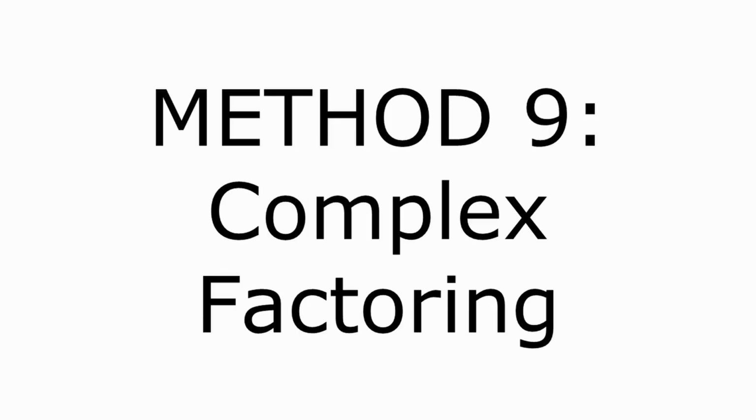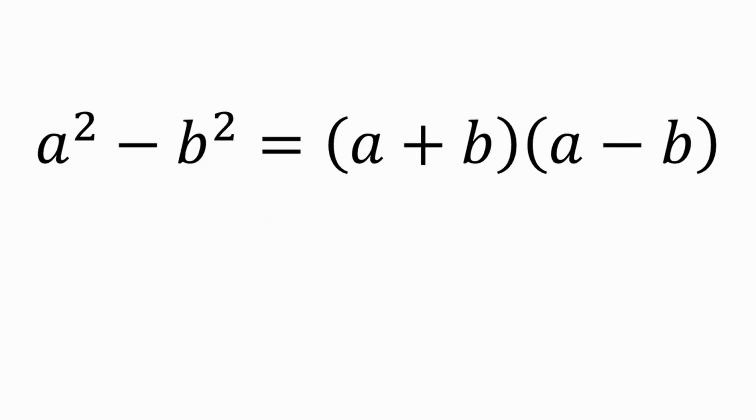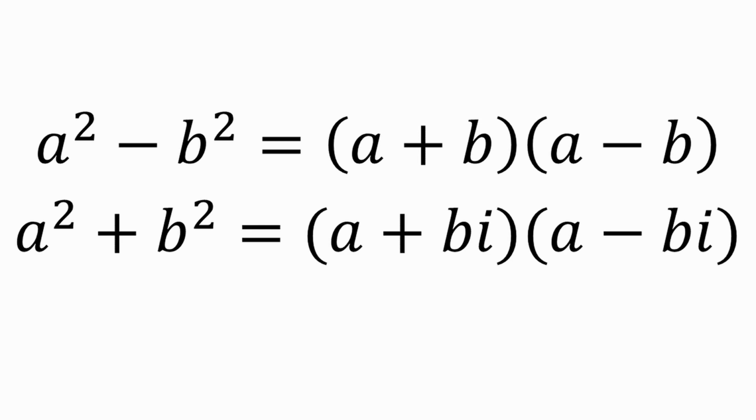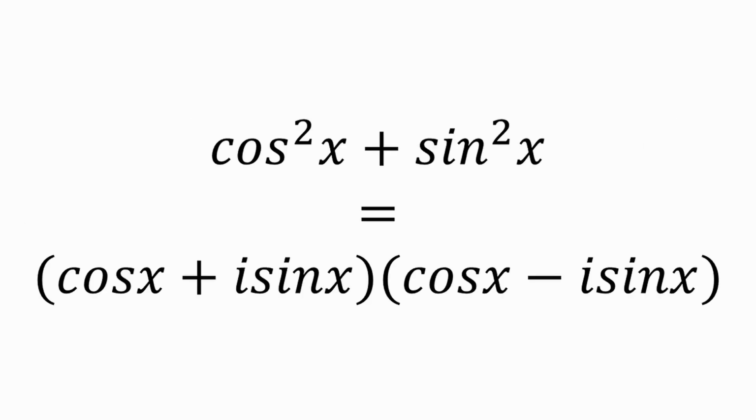Method 9. Complex factoring. The difference of two squares is a useful algebraic trick in simplifying expressions. a squared minus b squared is the same as a plus b multiplied by a minus b. In the realm of real numbers, there is no such neat factorization of a squared plus b squared. However, allowing for complex numbers, we can express this too as a difference of two squares: a plus bi multiplied by a minus bi. Letting a equal cos x and b equal sin x,